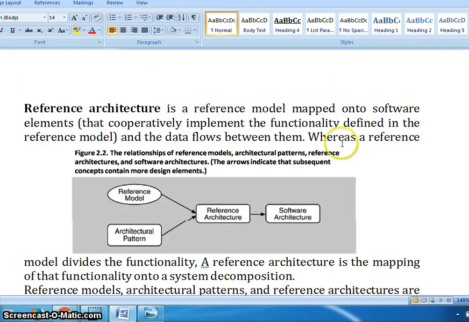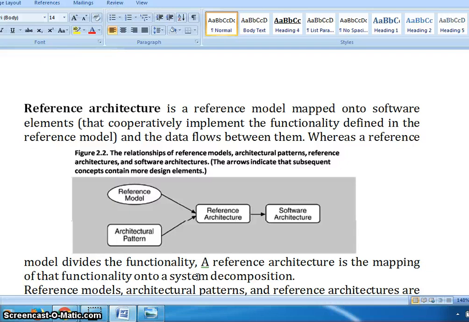And next we will move to the reference architecture. In the picture we can see the reference architecture. It is a combination of architectural pattern as well as reference model. And the architectural pattern, what does it contain? It contains the description, interrelationship, and the constraints implemented on the elements.